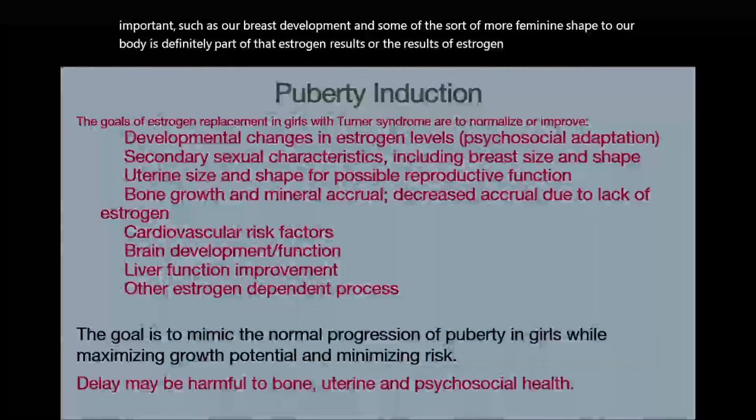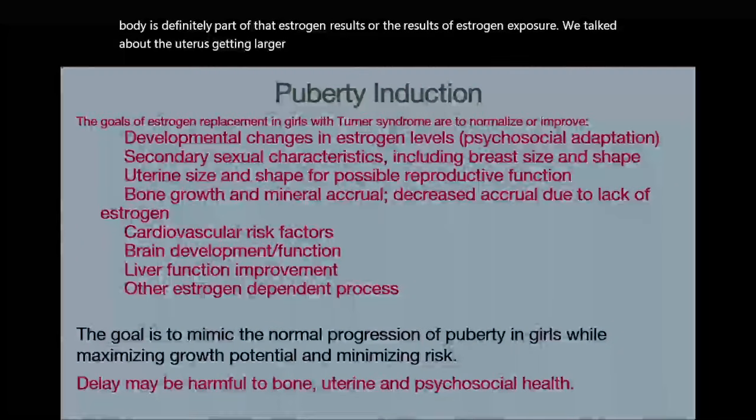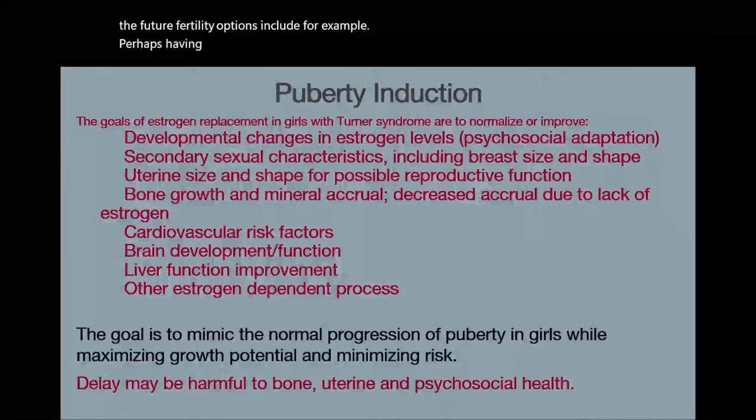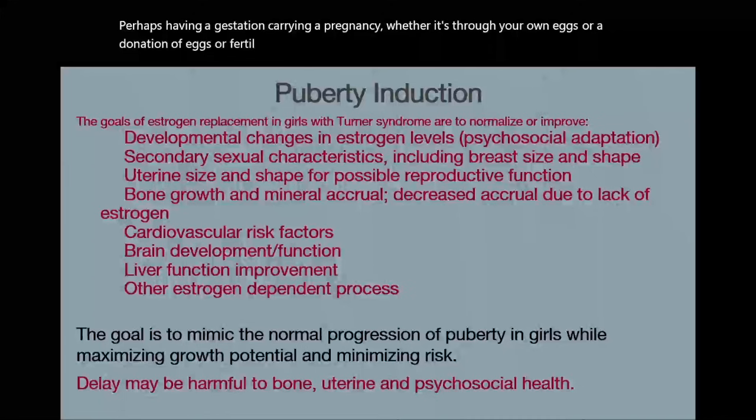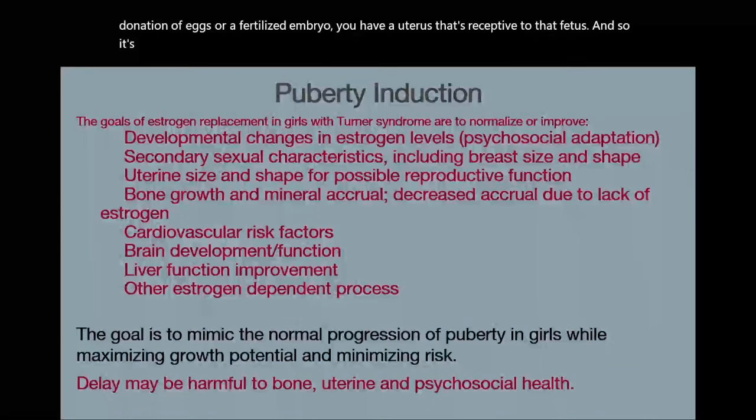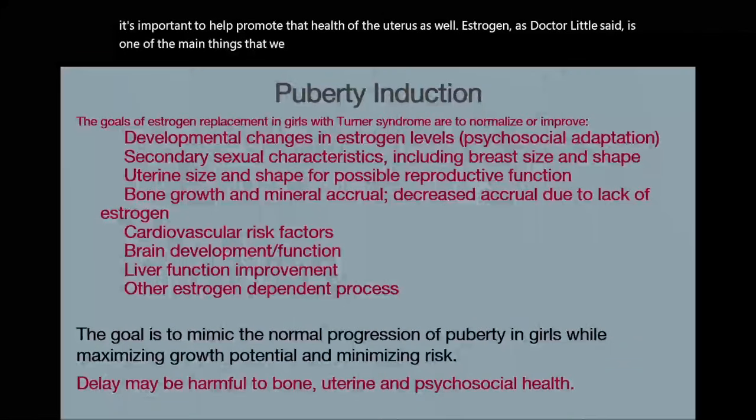We talked about the uterus getting larger and creating that increased blood flow to that tissue, so that if in the future fertility options include, for example, perhaps having a gestation, carrying a pregnancy, whether it's through your own eggs or a donation of eggs, or a fertilized embryo, you have a uterus that's receptive to that fetus. And so it's important to help promote that health of the uterus as well. Estrogen, as Dr. Little said, is one of the main things that we would replace in order to help maintain our bone